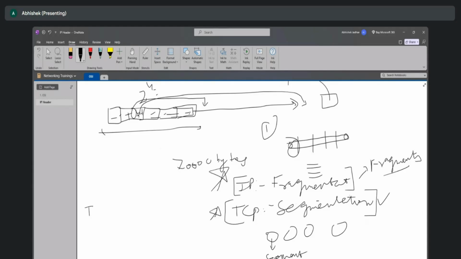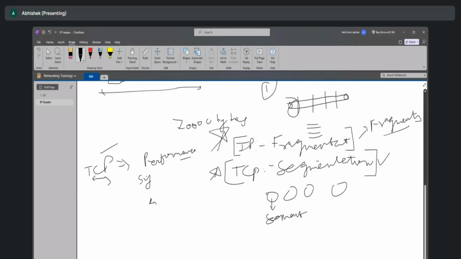When they come to the topic of TCP, this question will probably come for anyone because this is related to performance, right? Your internet speed can be measured based on TCP. There are many flags. You might have gone through each and every flag: the SYN flag, the reset flag, the acknowledgement flag. These are all mandatory flags. Along with that, when you divide the data, you segment. When you segment the data, there are segments of that data in the TCP layer,